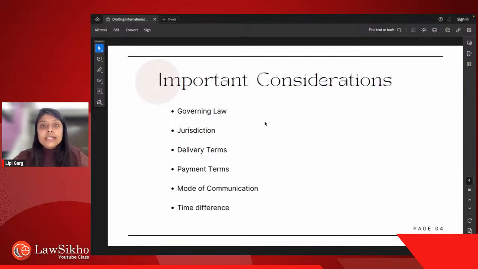मतलब इंग्लिश और इंडियन दोनों लॉज नहीं लगाएंगे, वो सिंगापुर के लॉज लगा लेंगे, राइट? And then they arrive at a decision that ठीक है सिंगापुर के लॉज लगा लेंगे, and because then both of them will not have any advantage over the other. मतलब इंग्लिश वाले के पास भी कोई एडवांटेज नहीं होगा, and then the Indian party will also not have any advantage. Both of them will land up in a foreign jurisdiction, like foreign governing law, and that will decide how their contract will work. So this is about the governing law situation.